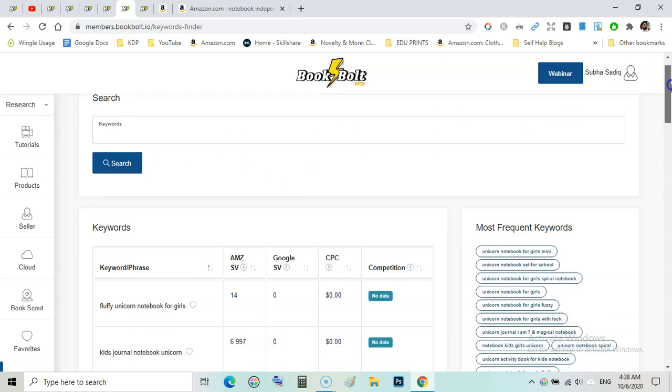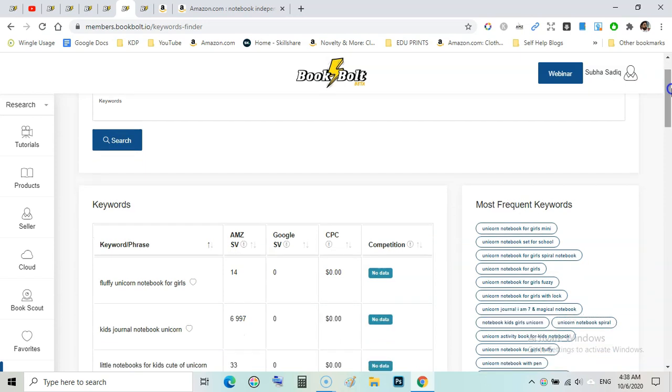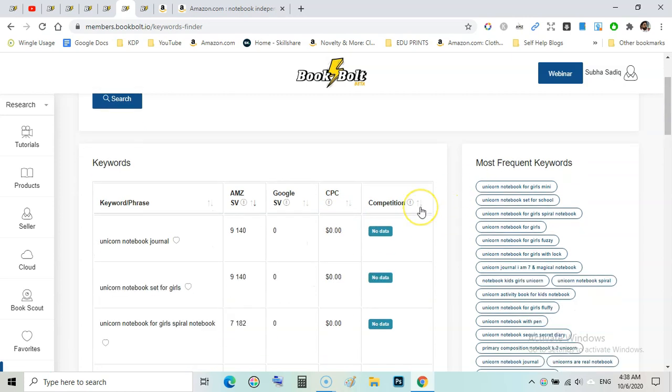I think it is $9 or $10 per month, subscription based, and it shows you the keywords and many other features. You can also have access to the estimated Amazon search volume, which shows you the demand. Very high demand for this keyword, unicorn notebook journal, 9,140 Amazon searches. There are no Google searches, and it doesn't show any competition data.